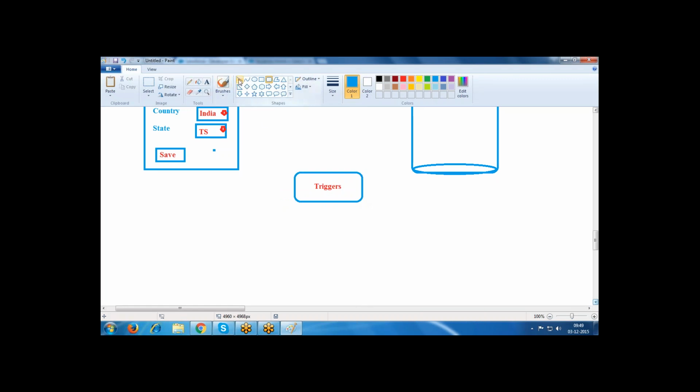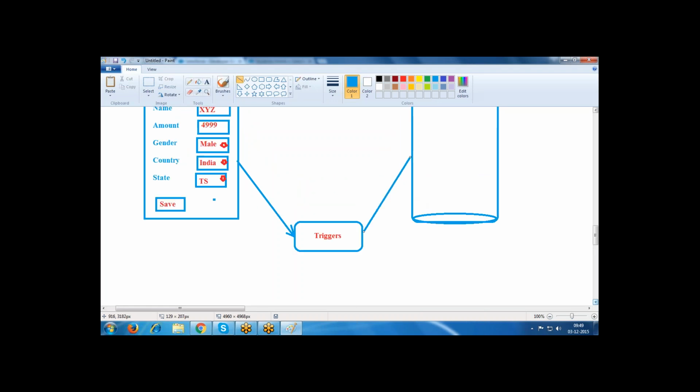That means the flow directly meets the trigger. From the trigger, after performing operations, only then does it insert the data or perform other operations. Whenever we use triggers, first it contacts the triggers, and after that it is executed in the database, saving the records.